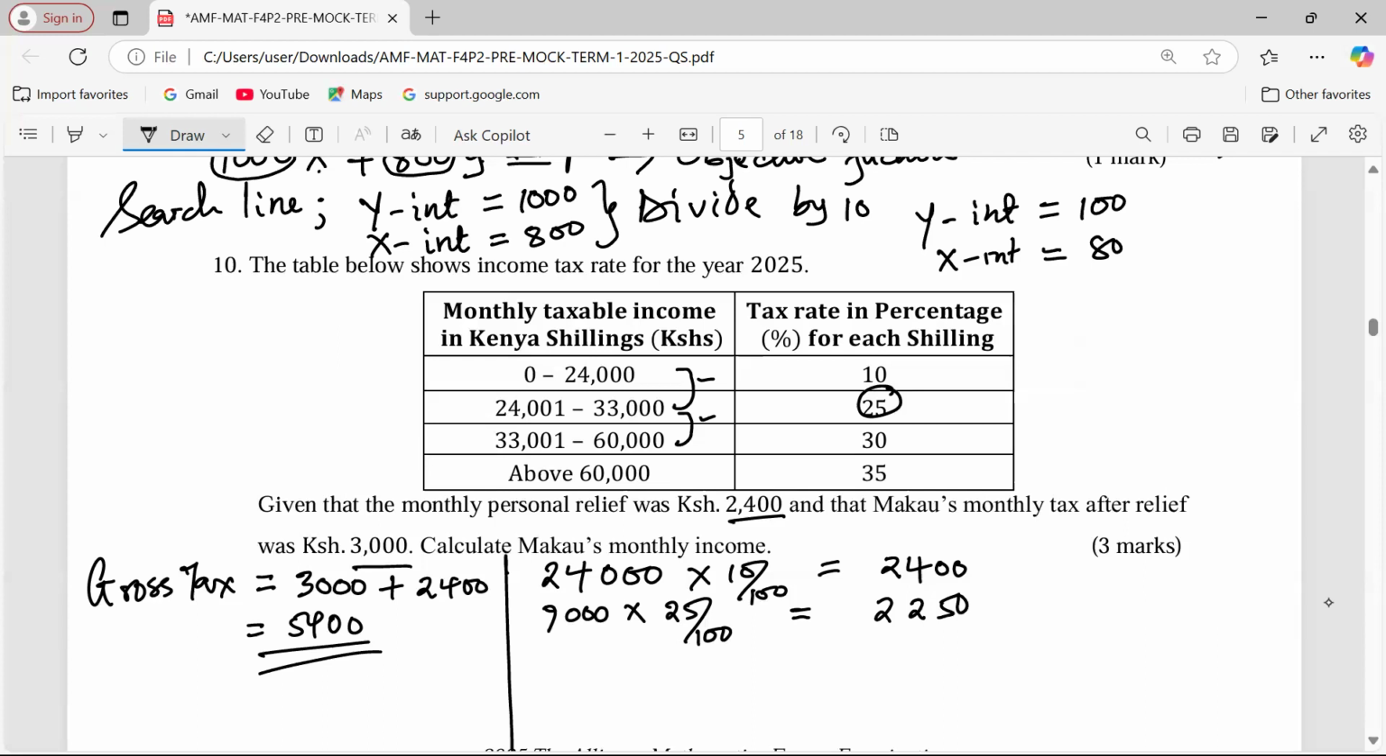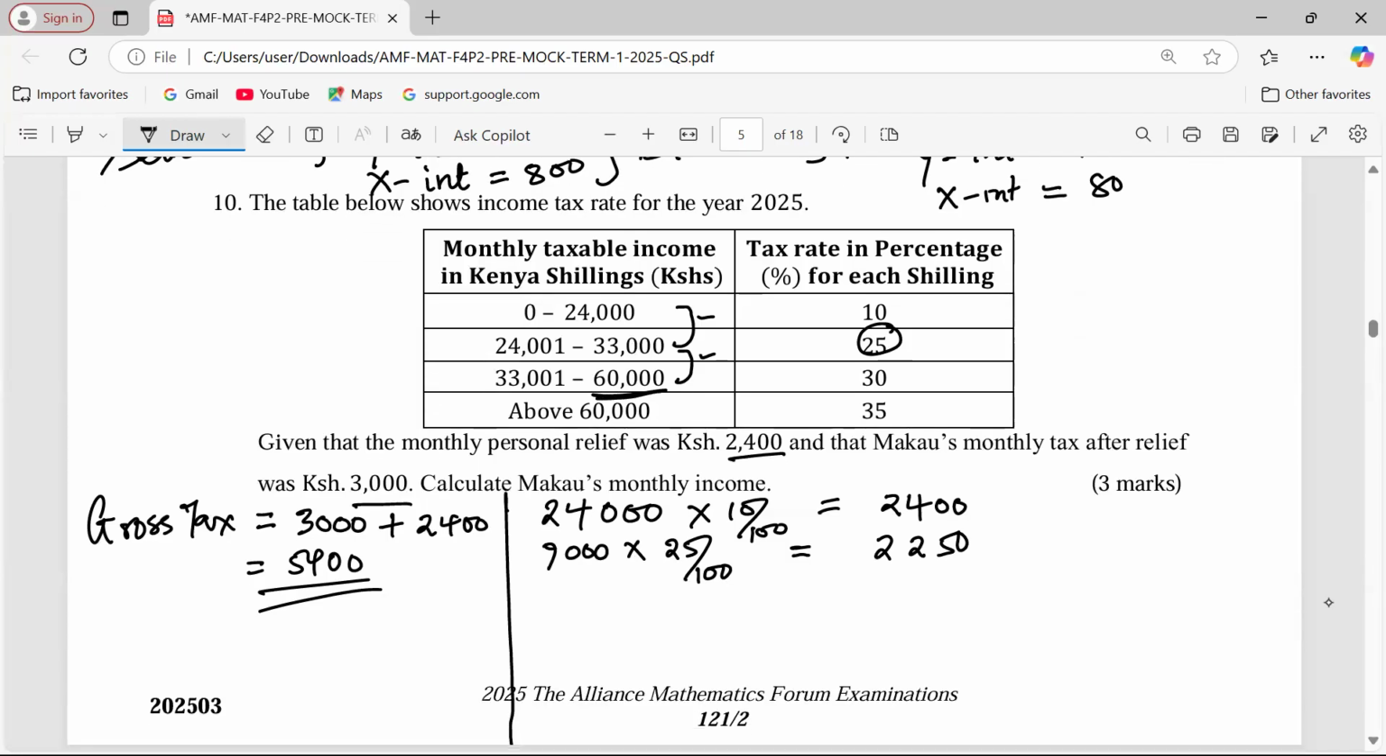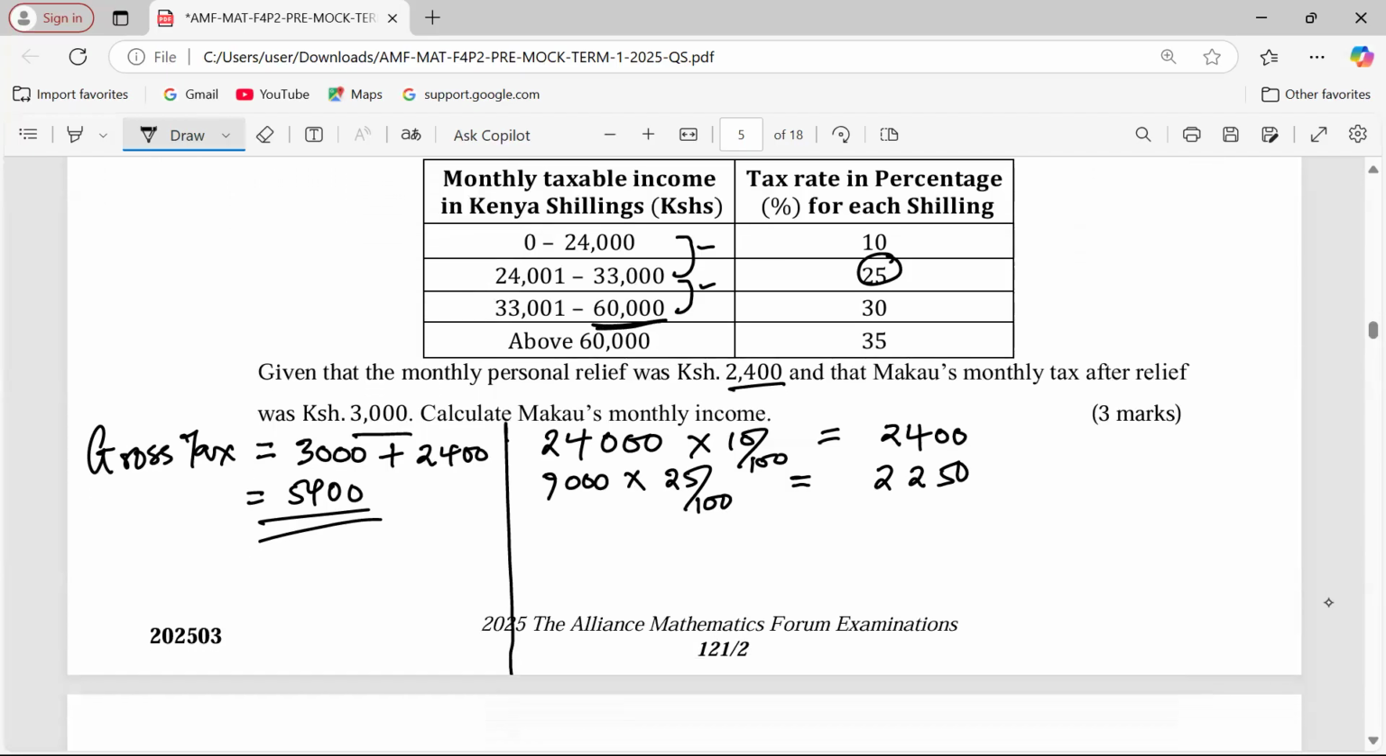Now 27,000 at the rate of 30%, we'll get 81,000. So we don't need all that tax, or rather, Kamau is not going up to 60,000. Kamau, that is. It means that Kamau is being taxed up to this third bracket. But now there is an amount that we don't know, whose tax should be added to the total that we have so that we get